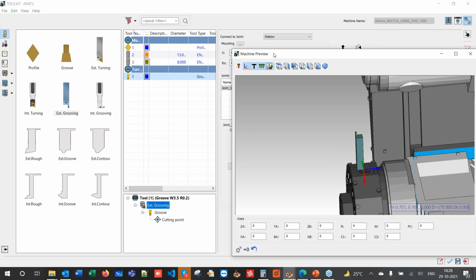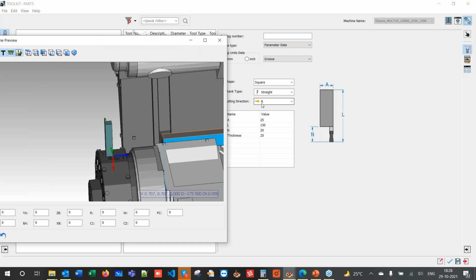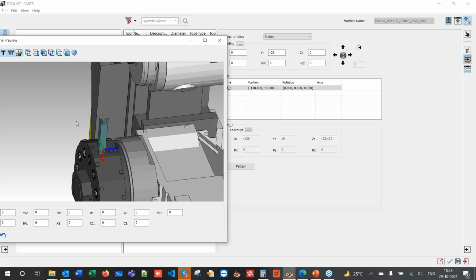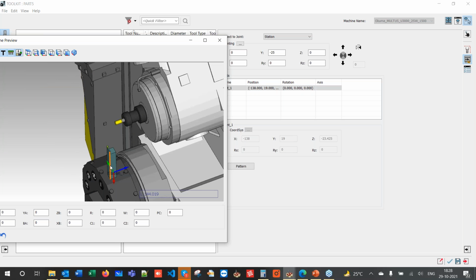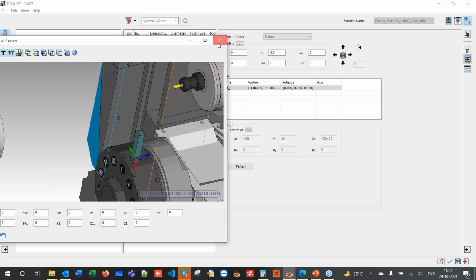I have to set the direction, sorry. I'll keep this to left, and in the joint section, I'll keep this to -25. This is how I want, because your shank should be behind your origin. Okay, so this you should take care. Now we will click on OK,